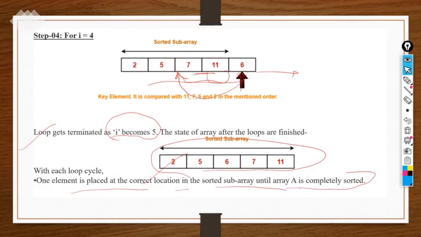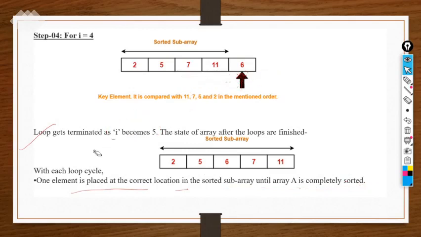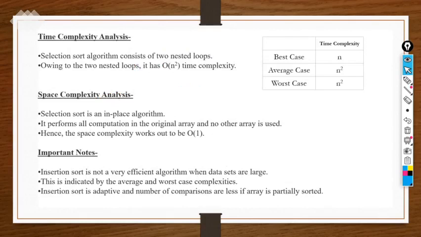That is the main theme of this sorting algorithm: take an element and put it at its right position in the particular list of elements. Okay, so that was all about the insertion sort algorithm. Now the main thing comes here: how to find the time complexity analysis for the insertion sort algorithm.